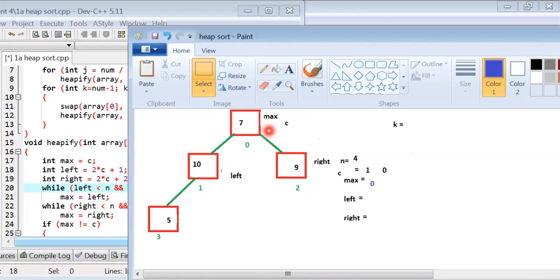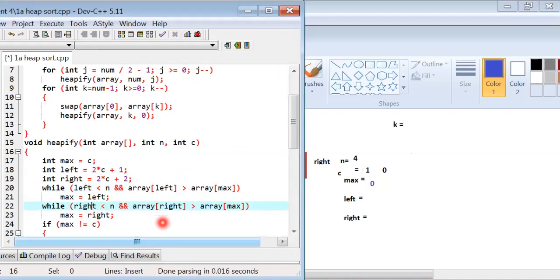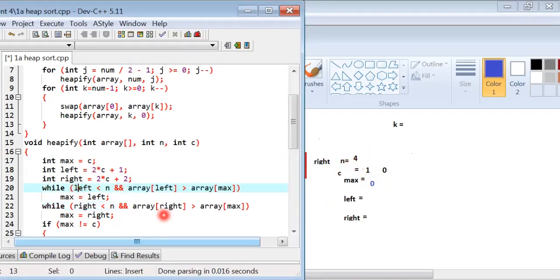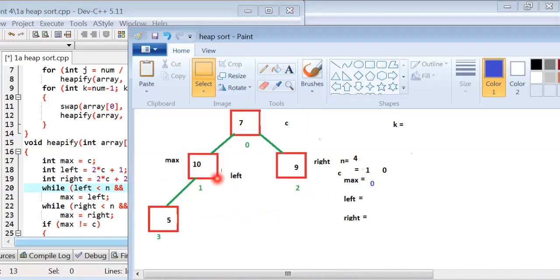The value of max is 0, the value of left is 1, and 1 is inserted in max, so max points to this node. Now right less than n, the right value is 2, the n value is 4, the condition is true. Then right greater than array max, this array max is 10, the condition is false.